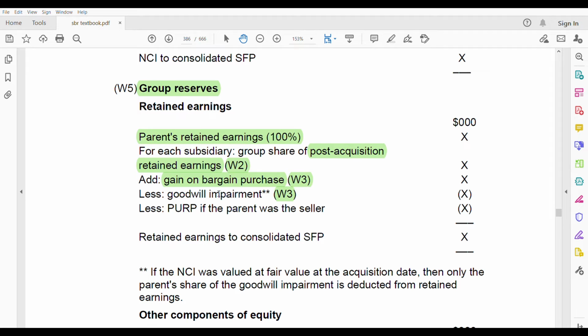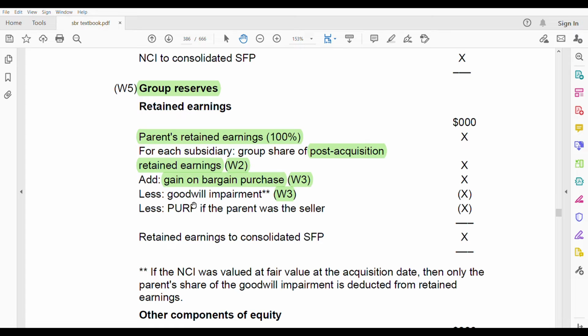Next, when you're taking goodwill impairment, which goodwill impairment are you taking? There are 2 stars next to it. That's why it's important. Which group impairment are you taking? Only the parent's, because the NCI's share of goodwill impairment you have already taken and deducted from NCI. Now you are taking the balance, 80%. 80% is just an imaginary number; I've just assumed 80 and 20. So you are taking the parent's proportion of the goodwill impairment and deducting it, not the full goodwill impairment.